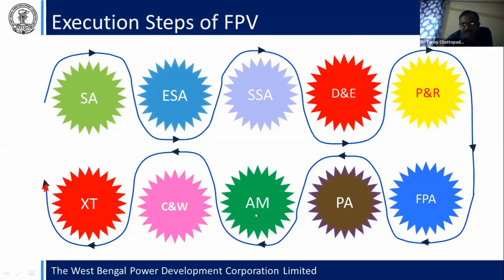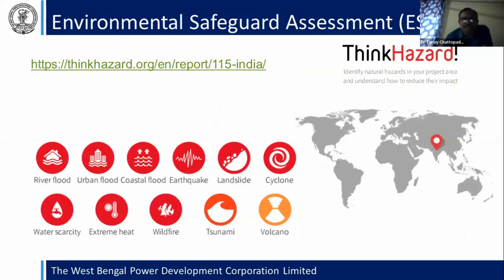These are the total steps for the execution of the floating photovoltaic system. First of all, I want to tell you about the environmental safeguard assessment. Before you execute a design for your area, an environmental safeguard assessment is necessary, because the solar plant is generated